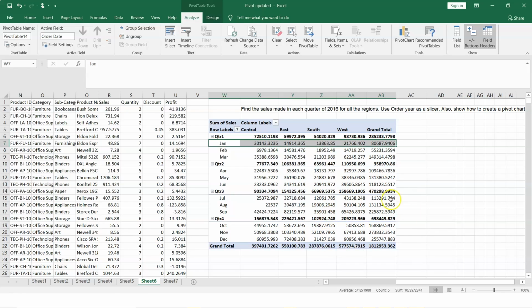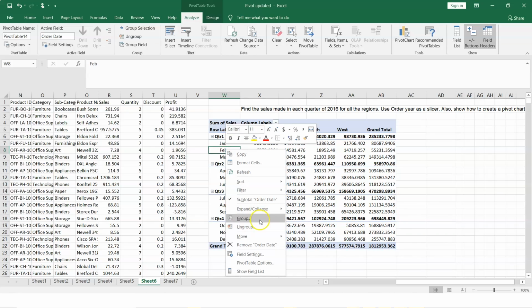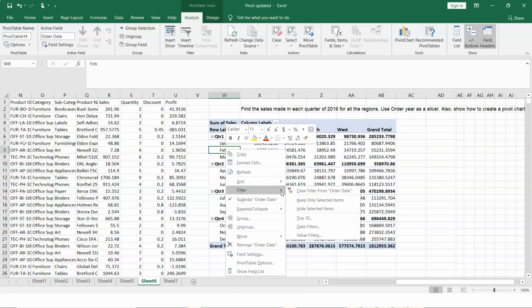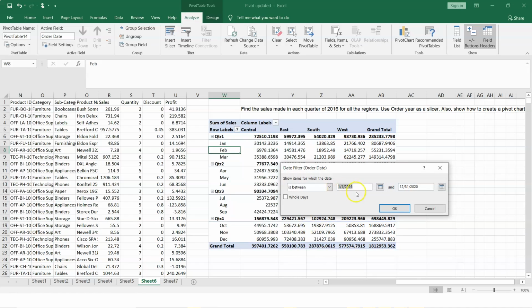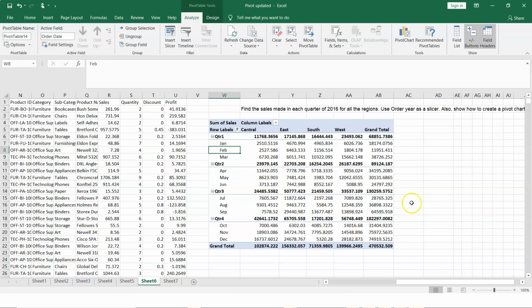And now we have our data for 2016. So I could select this, and here I could look at what filters we have. It says clear filter from order date. So we have applied the filter on order date, and these are your date filters, which is basically date 16. Oh, this is wrong. This one has to be changed to 2016. So select this, and now we have our data for